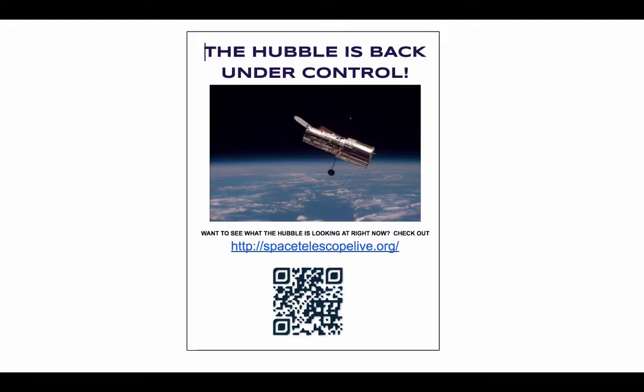In the large box, once opened, students will see the Hubble is back under control. And, interestingly, they can see what the Hubble is looking at right now in order to begin their study of galaxies by using the QR code or going to spacetelescopelive.org. You can add some flourishes and some red herrings to this breakout by placing different books about galaxies all around,